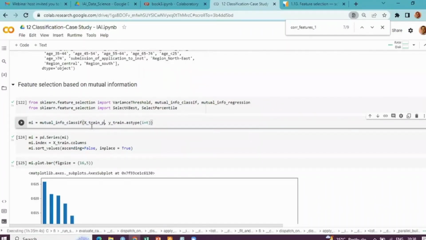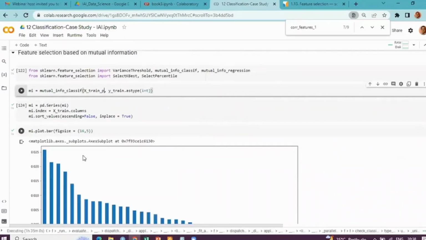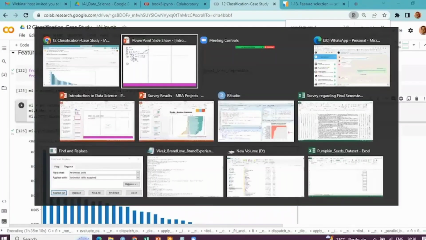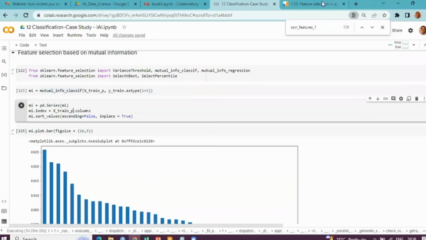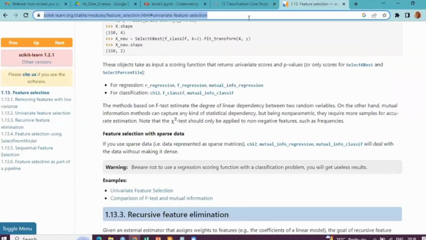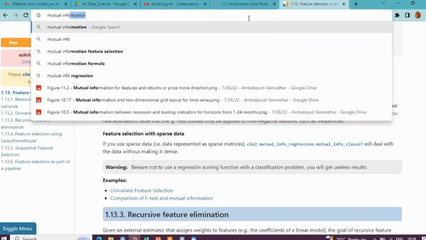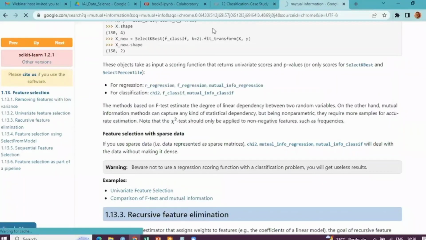I'm not using xtrain, but of course here you will get the result for xtrain. Based on that, I'm going to get the mutual info. Mutual info, we have said, is basically, if I put up this mutual info, you could clearly see in case of mutual info,